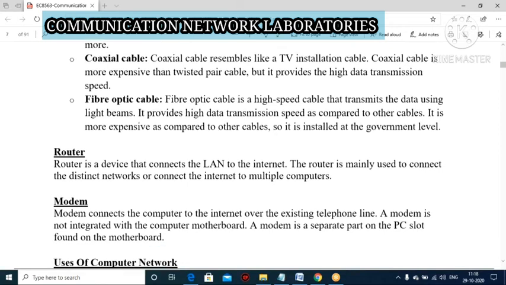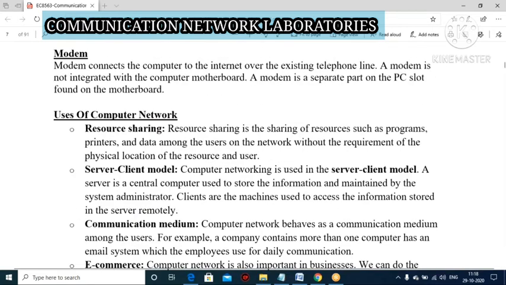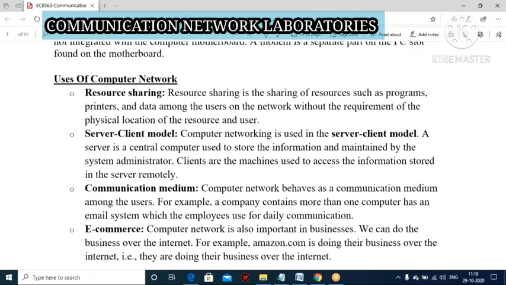Next, the uses of computer networks. First thing is resource sharing. This is the main use. Second thing is the server client model. Computer network is mainly used in the server client model. And third one, communication medium. For example, if your company contains more than one computer, it has an email system which employees use for daily communication.